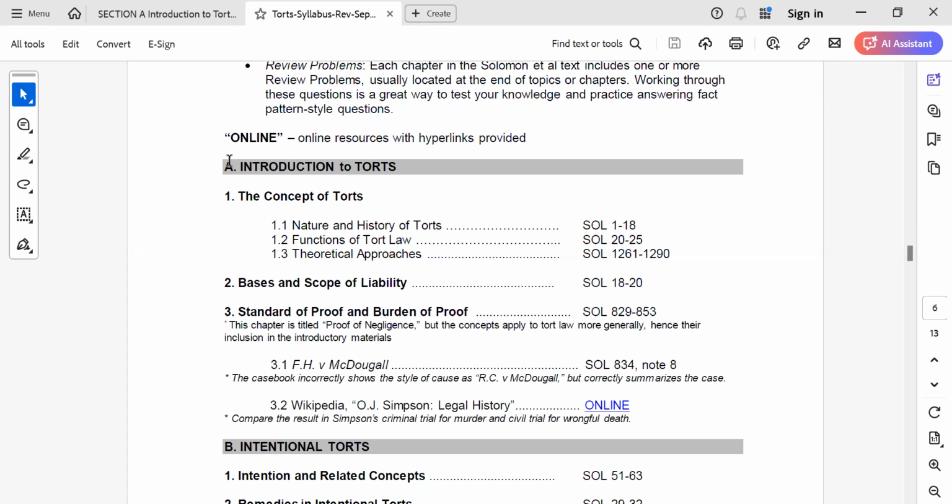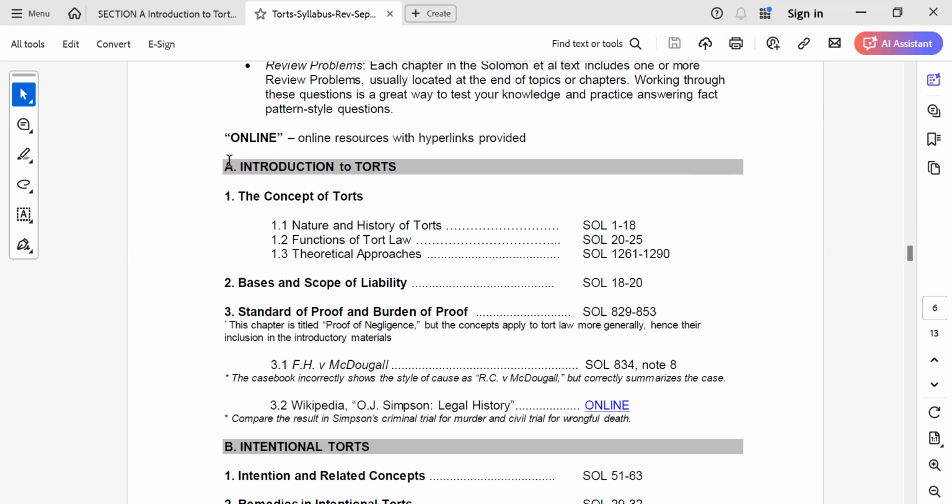So part A is an introduction to torts. All the introductory concepts they have put in here, and from this part, as per my research and people who have written the exam also, the questions may be essay type questions. The fact pattern questions may not come, but don't make the mistake of skipping the topic as well, because all the time